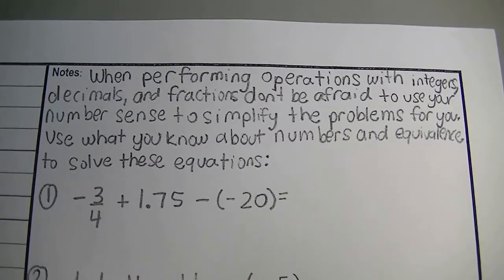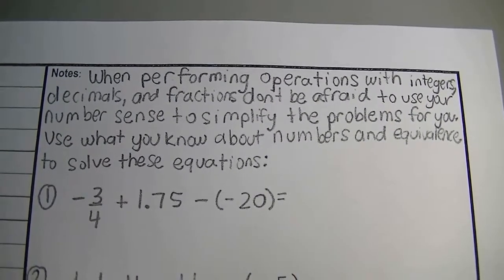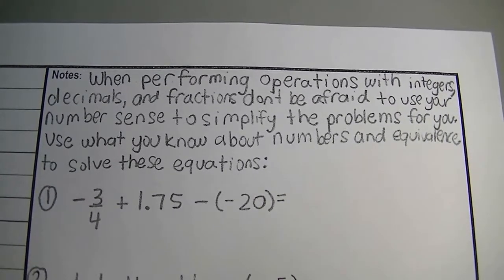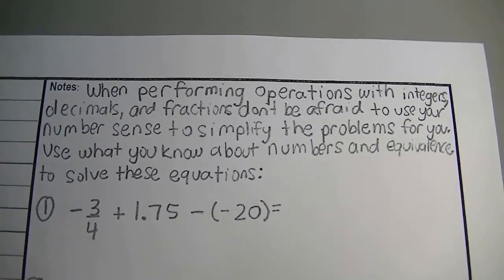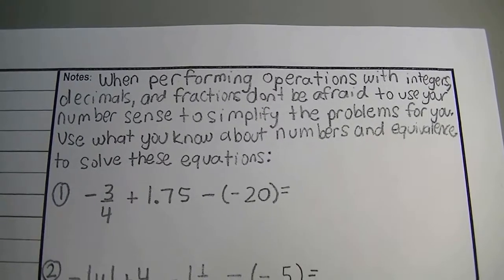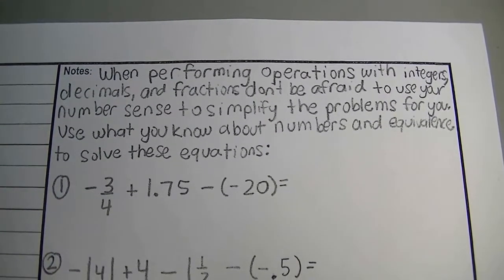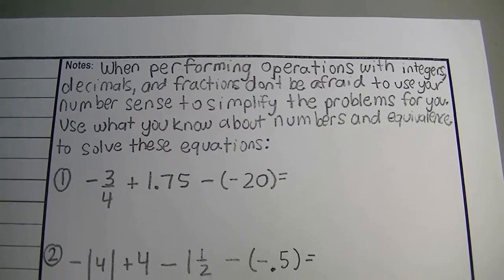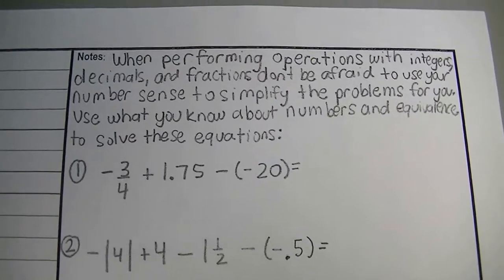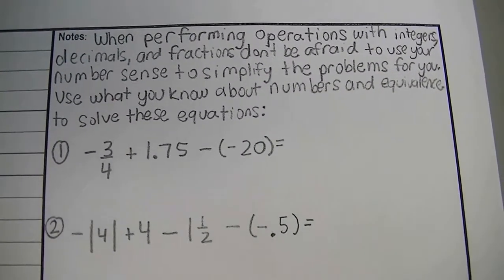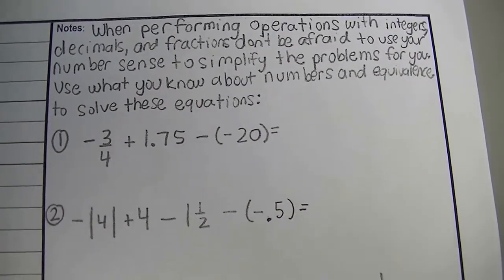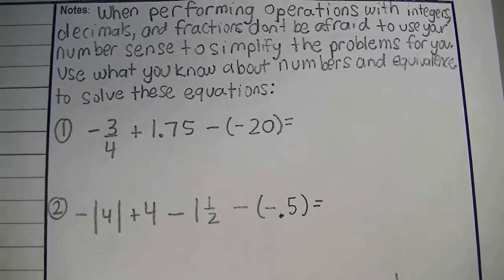When you're performing operations with integers, decimals, and fractions, don't be afraid to use your number sense to simplify the problems for you. So use what you know about numbers and equivalents to solve these equations. In other words, if you're like, gosh, I don't like fractions, and you can convert it into a decimal that's not one of those crazy long, weird decimals, I want you just to go ahead and do that, okay? If you don't like the decimal and you know its equivalent as a fraction, then do that. Make it so it's easier for you and your number sense, okay? Use your number sense. So I'm seeing right here,